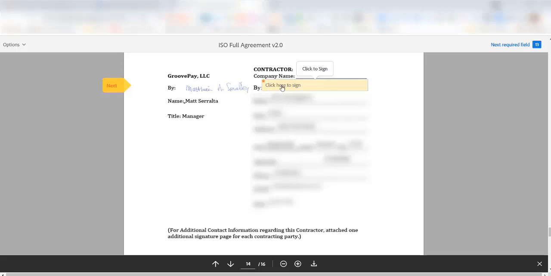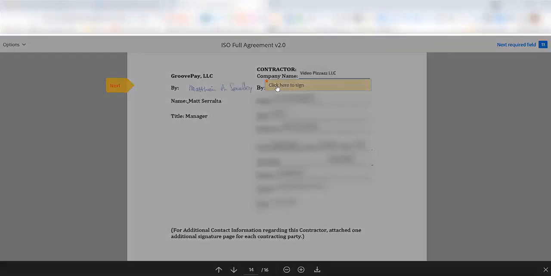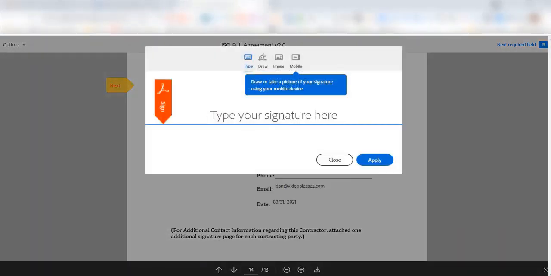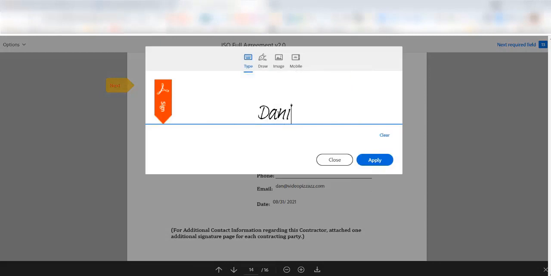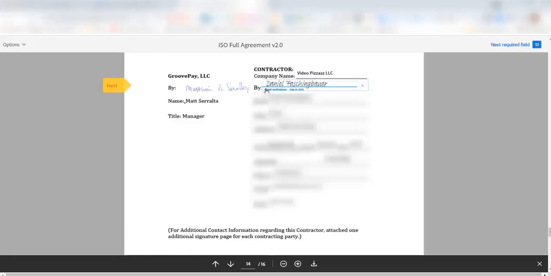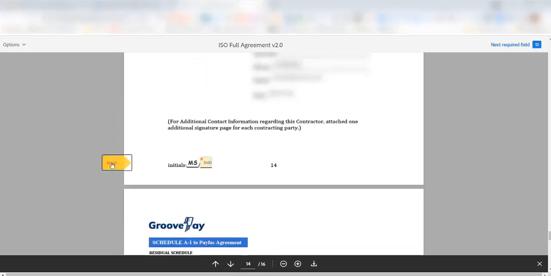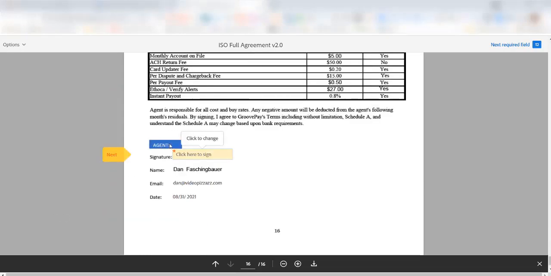Next to the buy, it says click here to sign, so click in there, and it says type your signature, so click in here. Alright, so I typed in my name, click on apply, and then inserted my signature under the company name. Make sure that all the other information under the contractor is correct information. Then click on next again, click next again, and then under the agent, next to signature, click here to sign,